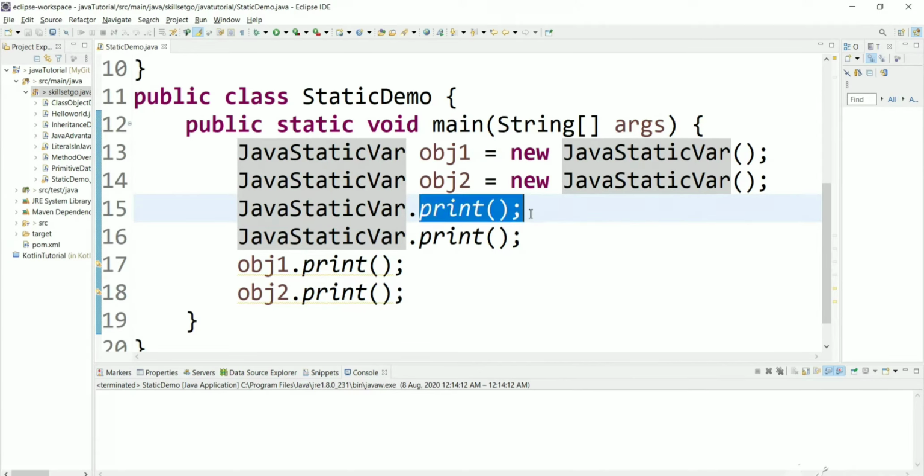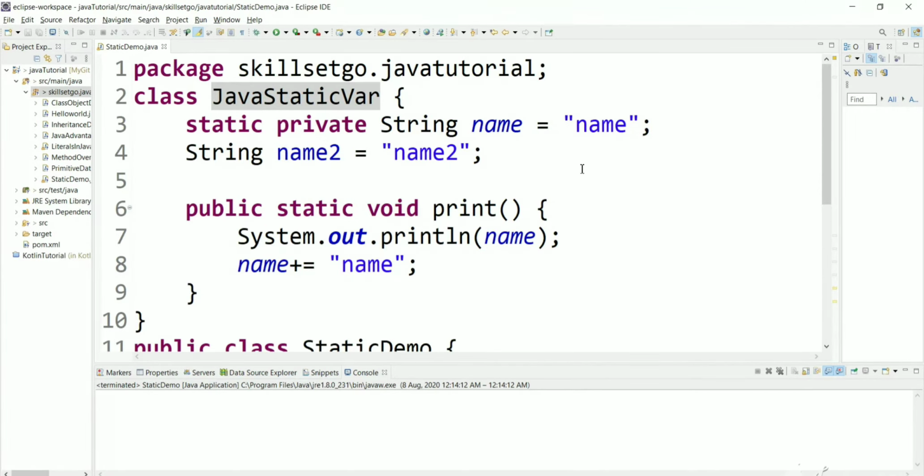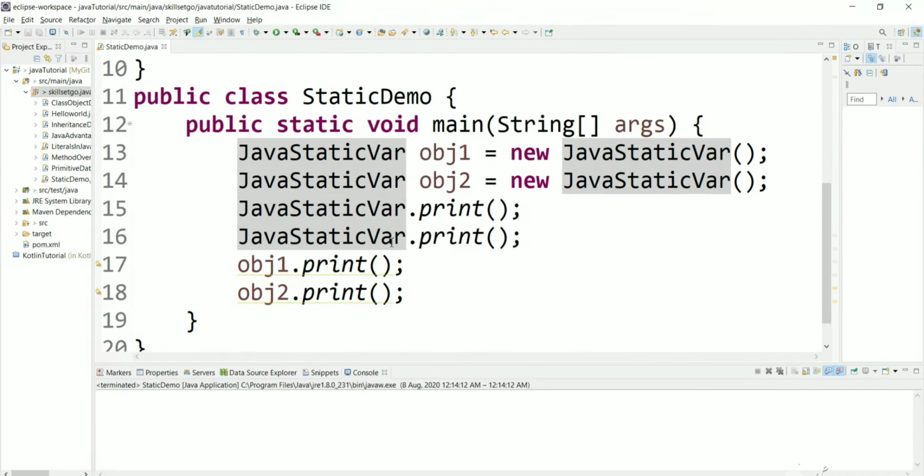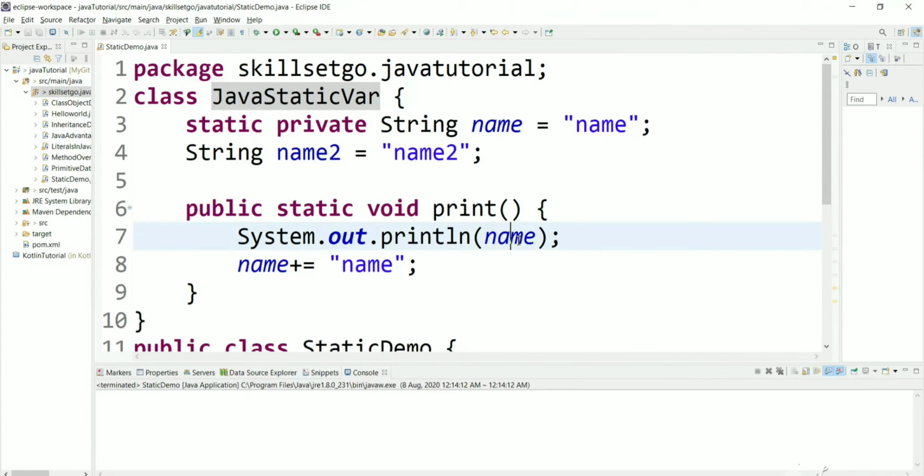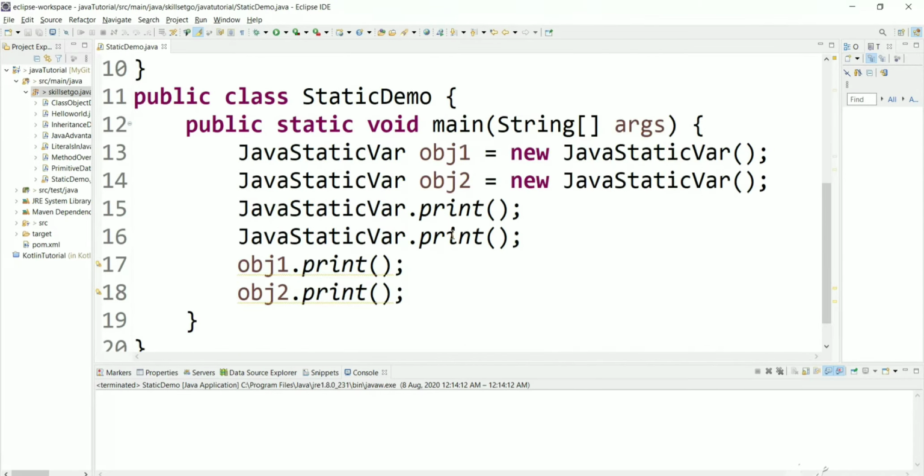The first time we call it, the name value will be name, and we change the value by appending one more name. The second time we get the value name, and again we append one more name. Like that, the latest value is reflected whenever we call the print method.